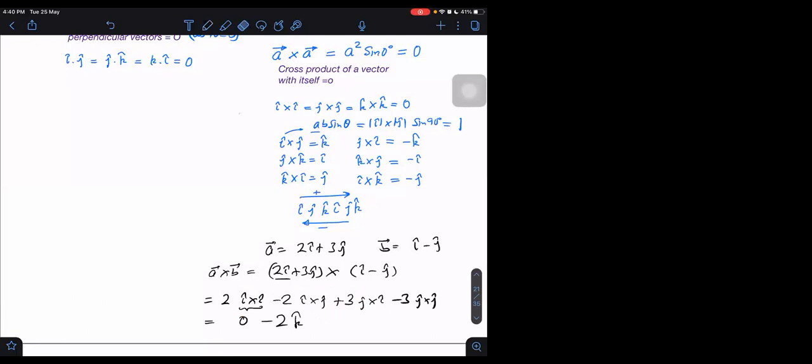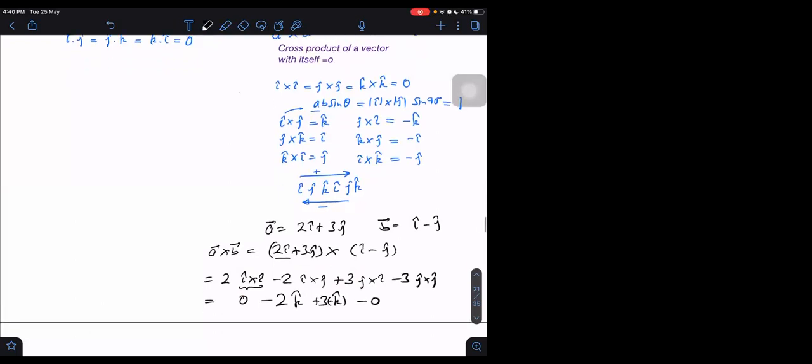If it is coming out to be minus, then I can do one thing. I can write minus 3 k cap here itself. I can write plus 3 into minus k cap, which is also the same thing. I write minus 3 k cap or plus 3 into minus k cap. Both are same. Next, 0.